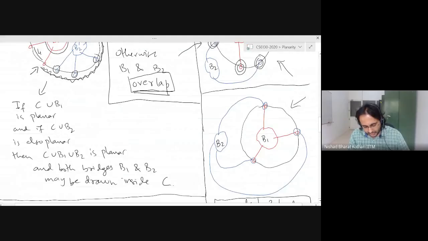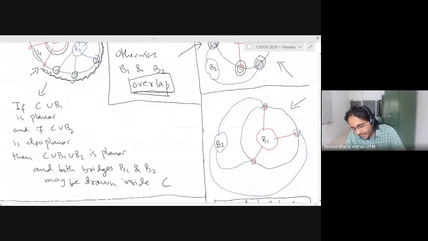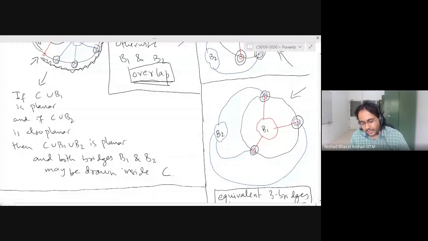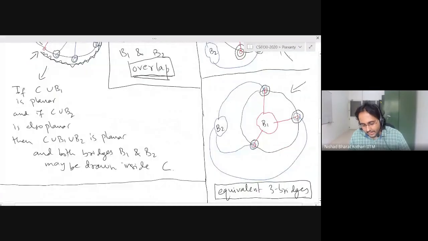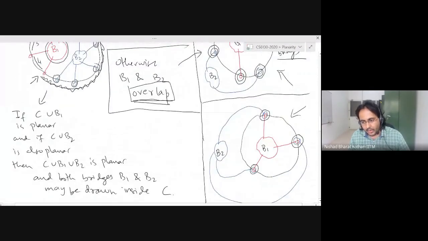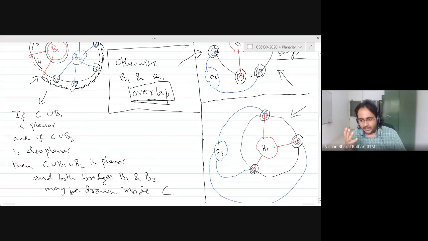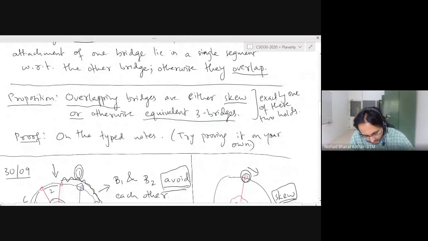Yes, yes. Okay. And the other possibility is when they both have exactly 3 vertices of attachment and they are the same 3 vertices. And this is another situation where the two bridges overlap each other. Right? And so checking whether two bridges overlap or avoid is actually quite easy. I won't go into the details of that, but you can think about it on your own and you can actually get a linear time algorithm. So if you know all the vertices of attachment of two bridges, then you can check in linear time. If you like, you can use this proposition.